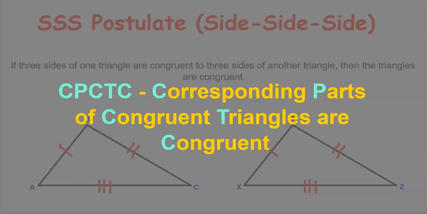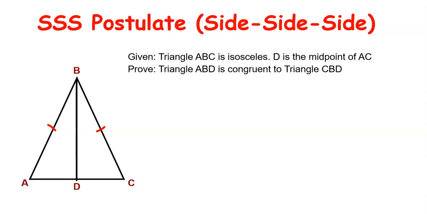So if we look at two of the proofs that we did in the video about congruent triangles, one of the things we were asked to do is show, using the side-side-side postulate, that triangle ABD is congruent to triangle CBD, and we did that by using the definition of midpoint, as well as the reflexive property for the shared side. So we've gone through the proof. We've already seen this, so we're not going to copy it down here again. We've gotten through the proof,